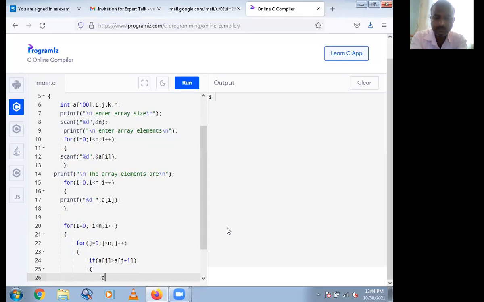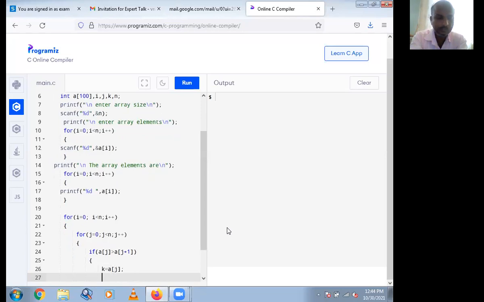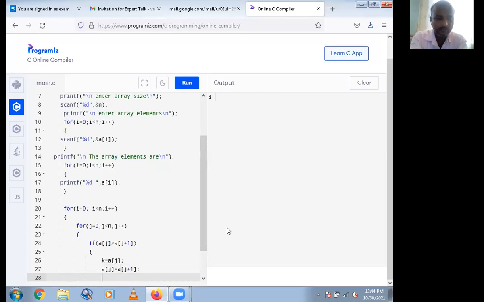So a of k is equal to a of j, then a of j is equal to a of j plus 1, then a of j plus 1 is equal to k.